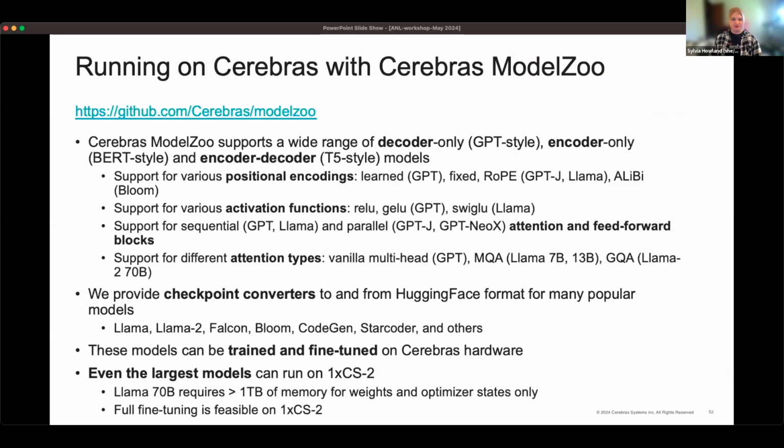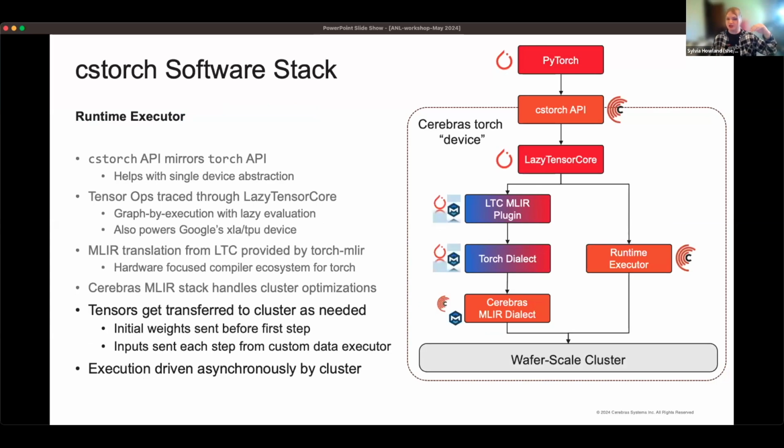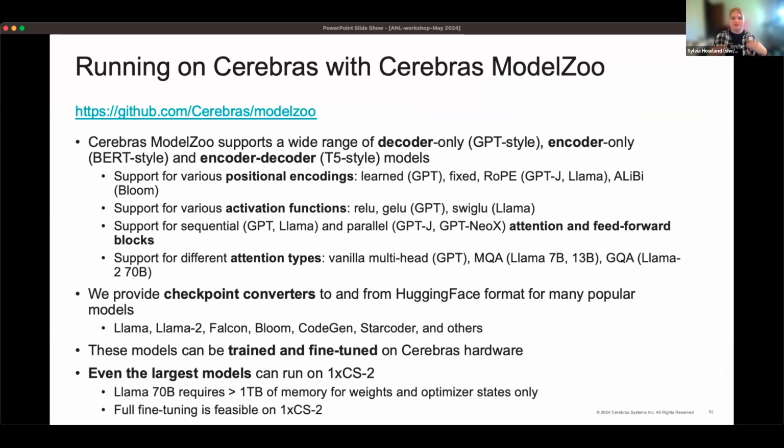Excellent. And so on top of that, that's also well and good. Sitting at that very top level, let me go back here, sitting at this top level of the PyTorch and the CS-Torch API, that's all you really have to worry about as an end user. Our stack will handle the rest. To make life even easier, if you're dealing with something that isn't super custom, we have essentially a Cerebras model zoo where we've implemented a bunch of model recipes, whole bunch of stuff here. It supports decoder-only GPT-style models, encoder-only BERT-style models, as well as encoder and encoder-decoder T5 style models, but